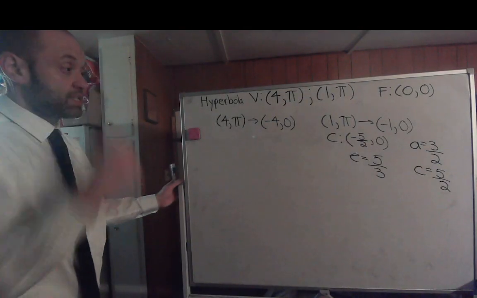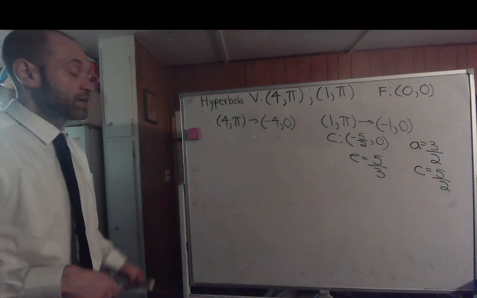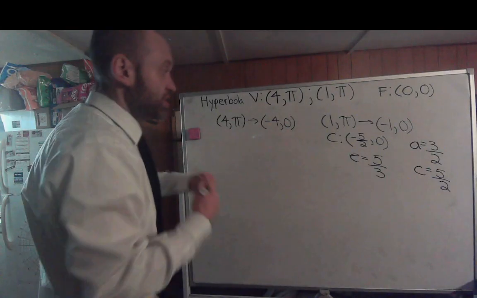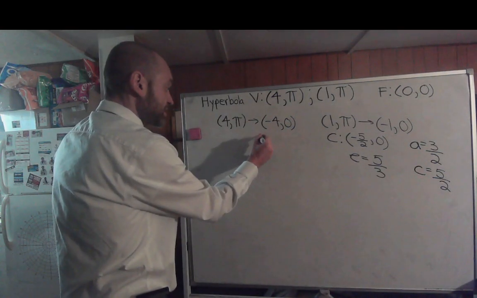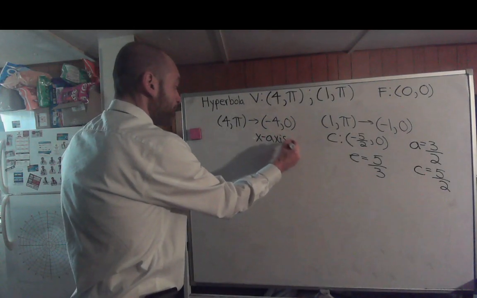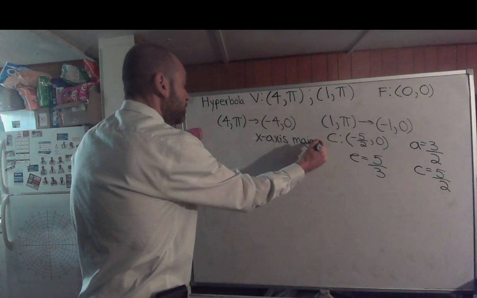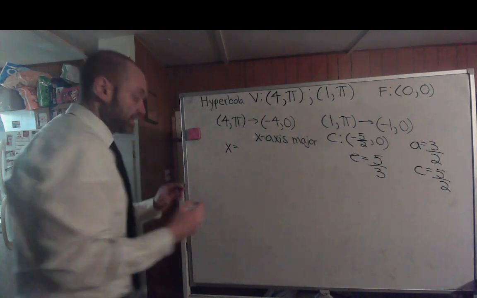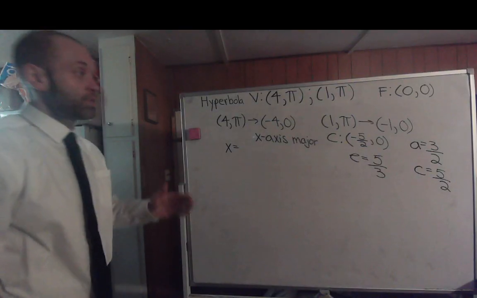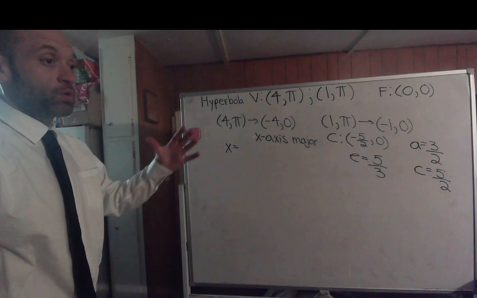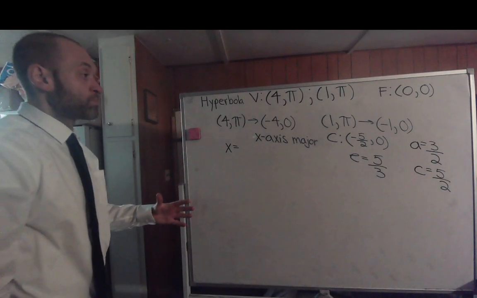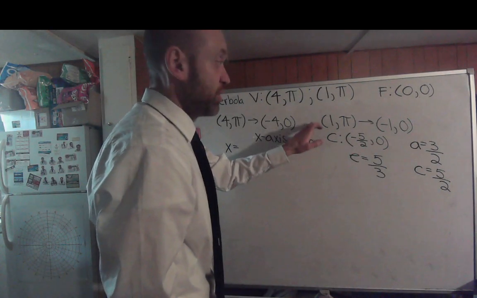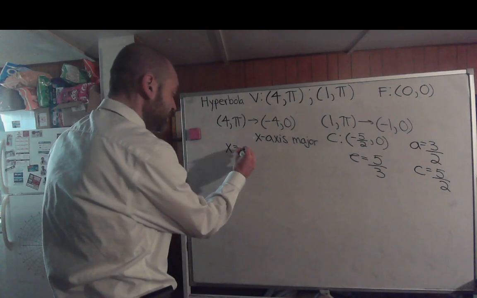We got the eccentricity. Next thing we need to do is find the directrix. Notice we have changes in the x-coordinates, so we have the x-axis as the major axis. Now, what about the equation of the directrix? It's definitely going to be x equals, but it's true that a vertex is between the focus and the directrix. Well, it's definitely going to be negative, right? The directrix would definitely fall between both of your vertices, so this is going to be negative of a over